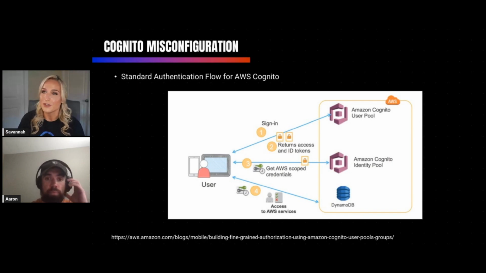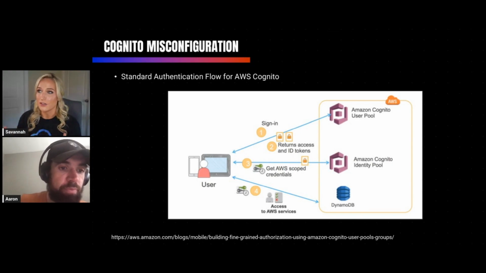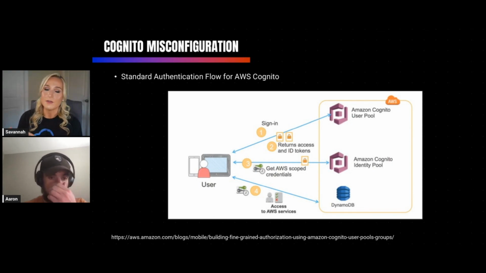So kind of going into the Cognito thing I had mentioned earlier in the presentation, this is how Cognito is meant to be used. A user will sign in, access that user pool, and it's going to return whatever access they do have, and then get the credentials for that user, and also interact with the identity pool, and see what the user in that identity pool has access to in those AWS services. Whatever service is trying to be accessed, it's going to provide the tokens it needs to access whatever that user is trying to log into or access from the Cognito standpoint.